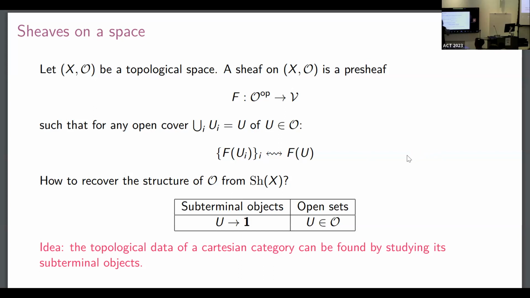And this condition tells us that for any open cover U_i of U, the data of the pre-sheaf on each of the U_i is equivalent to the data of the pre-sheaf on U. So we can reconstruct the data on the whole open with all the data on the smaller opens that cover it. Okay, so now that we have our category of sheaves, all the pre-sheaves that satisfy this condition, we ask, can we recover the structure of the topological space, of the topology, from this category? And so we can prove that we have a correspondence between the open sets of our topology and the subterminal objects. So the slogan is that the topological data of a Cartesian category can be found by studying its subterminal objects. So just by doing a slight conceptual leap,